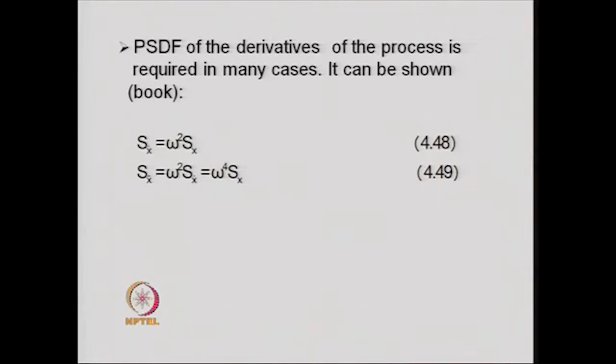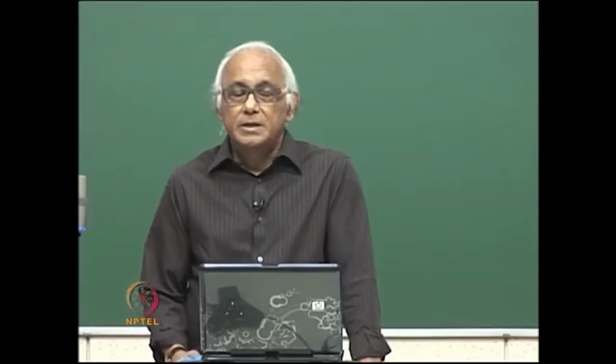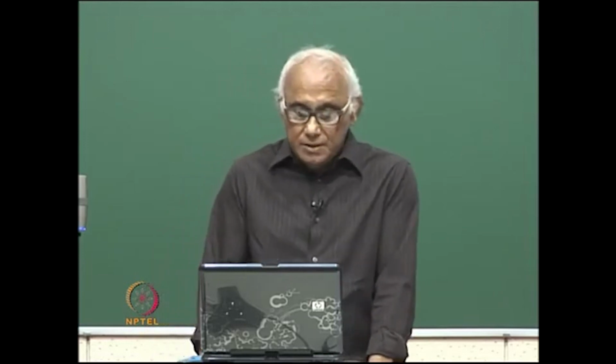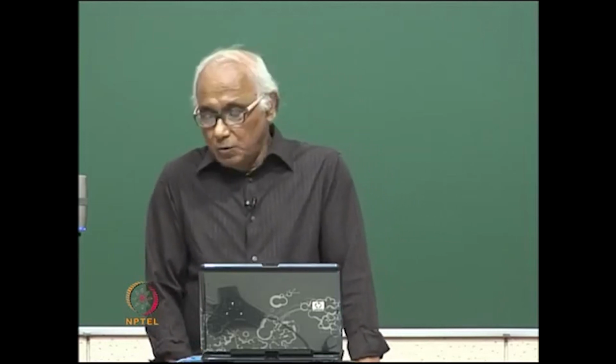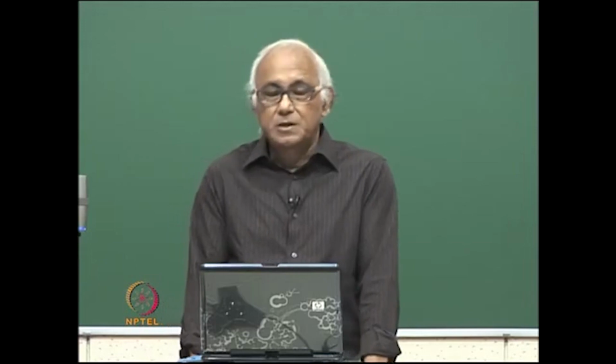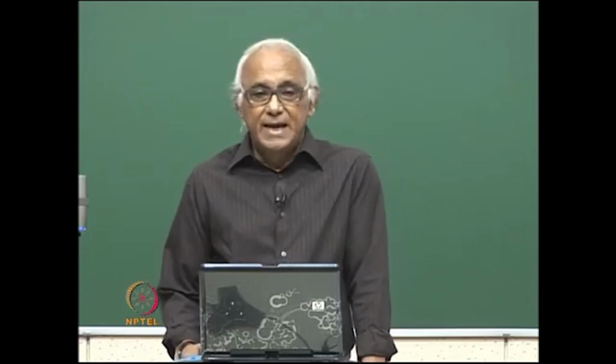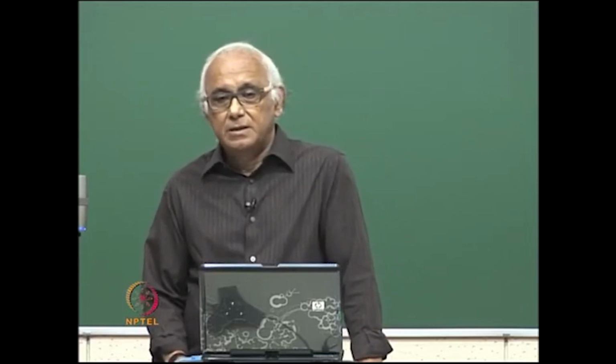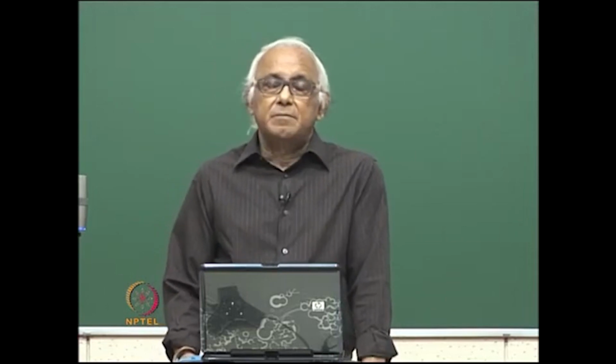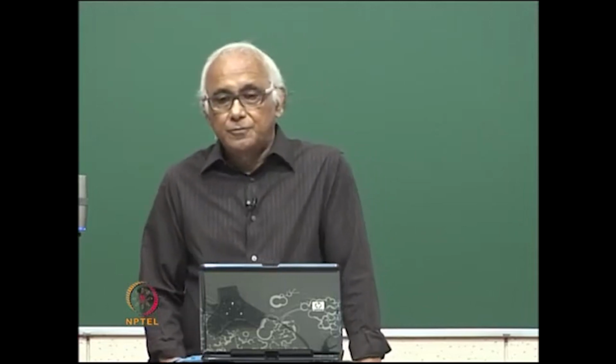Next, we have to know in many cases about the power spectral density function of the derivatives of the process. For example, if we know the power spectral density function of x, that is Sx,